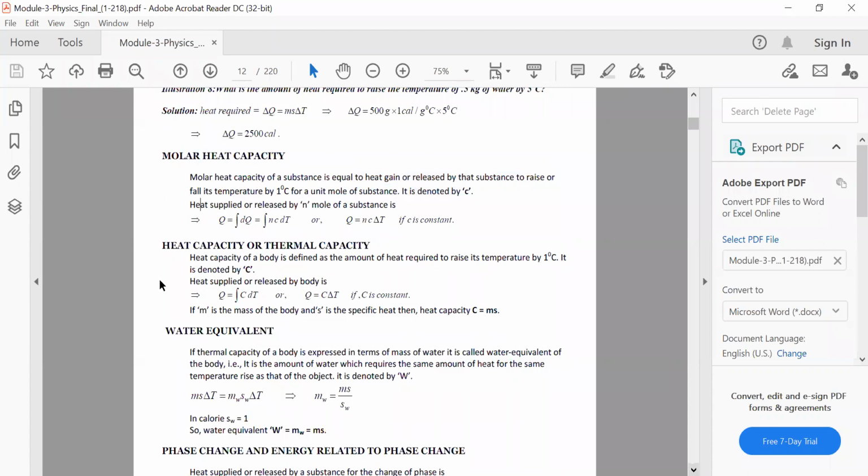Then from specific heat capacity, there's the heat capacity concept or thermal capacity. Also the concept of water equivalent, you can go through this. Water equivalent basically means that equivalent amount of water which has the same heat capacity. I will just explain this concept later once to you, but this is something we have not discussed directly. Water equivalent basically means an equivalent amount of water, an equivalent mass of water, which has the same heat capacity.